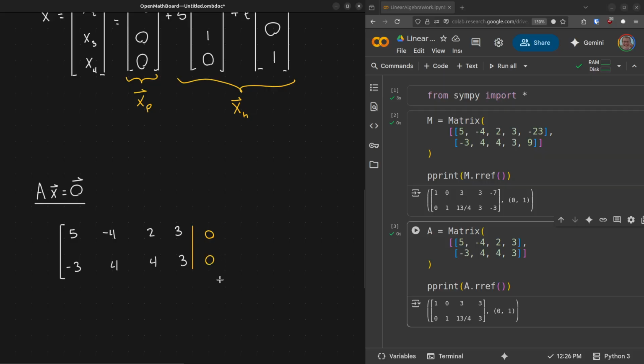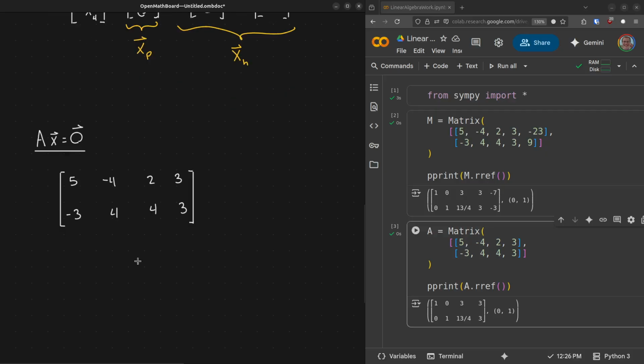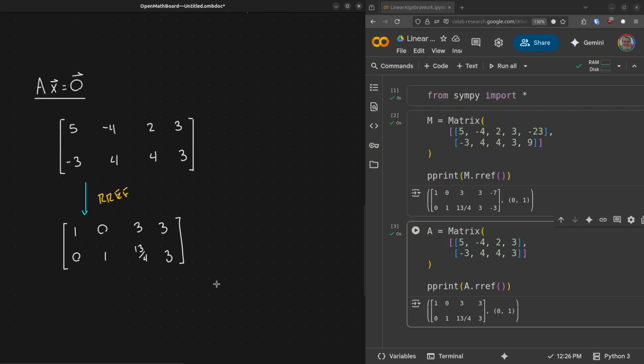We have kind of imagined that the augmented part over here is 0, but we're not going to write it because we're lazy. And since we just know that's going to stay 0, we don't need to write it. Okay? The reduced row echelon form is 1, 0, 3, 3, 0, 1, 13/4, 3. Okay? And again, if you want to, you could just imagine, just know we have that augmented part with zeros over there. Okay? So if we solve this,